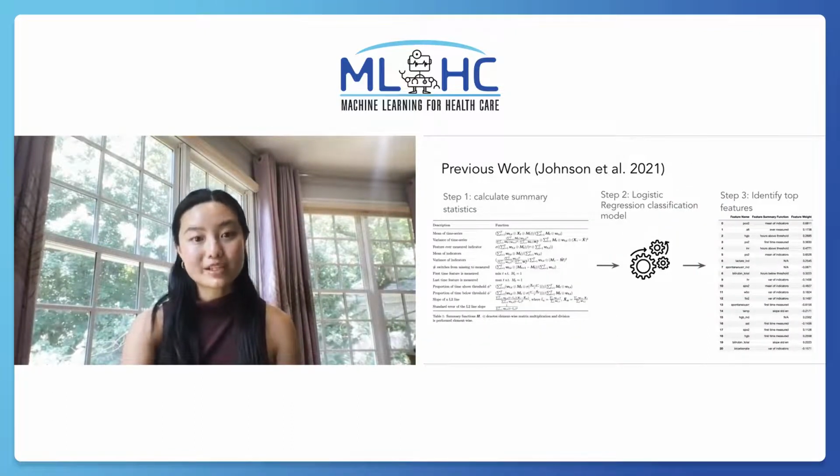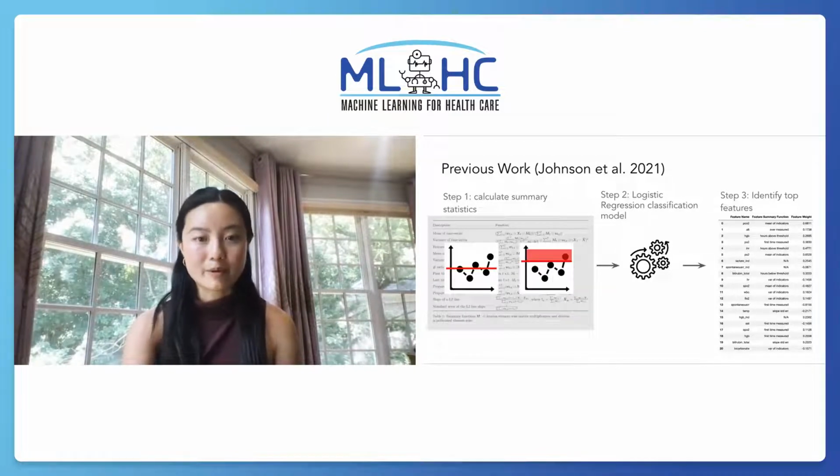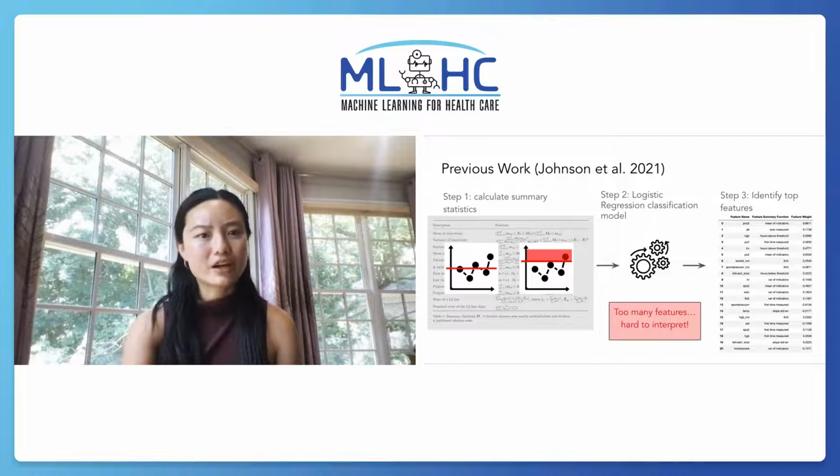One previous work attempts to address this challenge. They first calculate human understandable summary statistics of the time series data, such as mean or proportion of time above threshold, use these summaries to make predictions, then use the highest weighted features as explanations. However, we see that this table is not very interpretable, as there are too many features that are required to